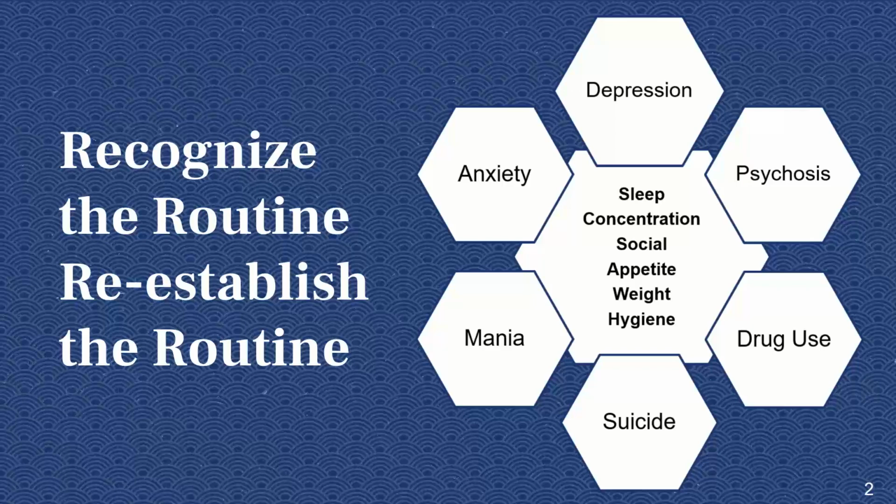Well, if you recognize the routine, the best thing that you can do, if it's a super non-emergency, right? If they're talking about ending their lives, obviously 911 is the way to go. But if you're identifying these things, then you can help reestablish the routine. If somebody's having trouble sleeping, if hygiene is an issue, if weight is up and down, if somebody that you typically hang out with is now kind of dodging calls, those types of things, identify those areas, talk to the individual, and just try to help establish those things.